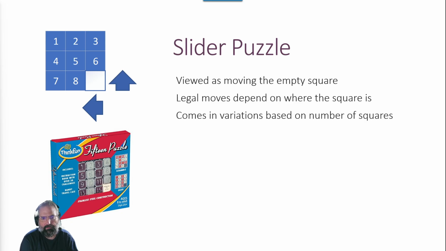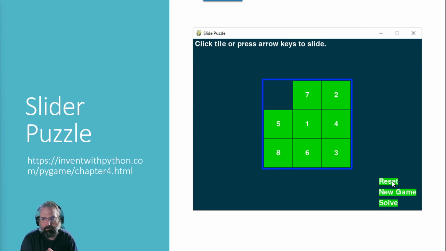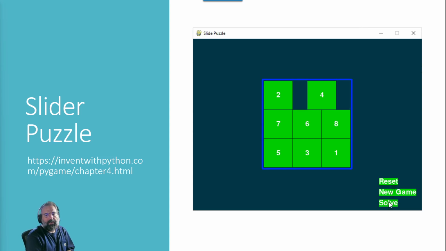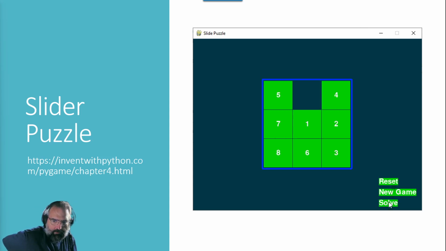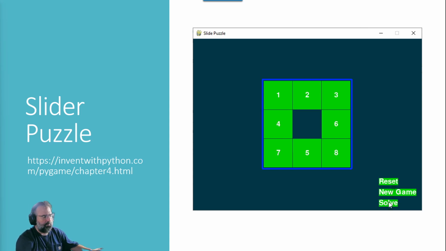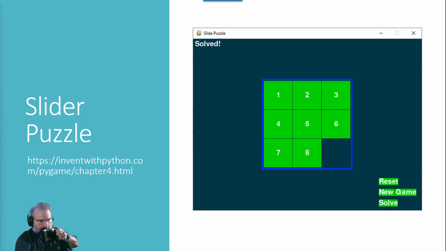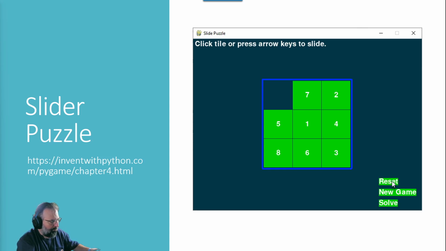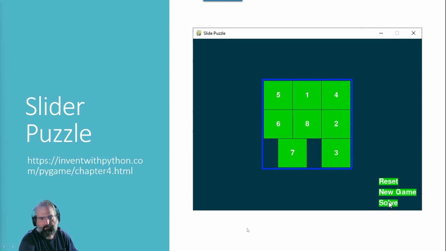So the basic idea is that you move it around to try to get them in sequence, and so you can play the game, if you will, by sliding things around until you get one up into the upper left-hand corner, and then two, and then three, and then so on. And it's more interesting when you're sliding it around, you know, at your grandparents' house or something.